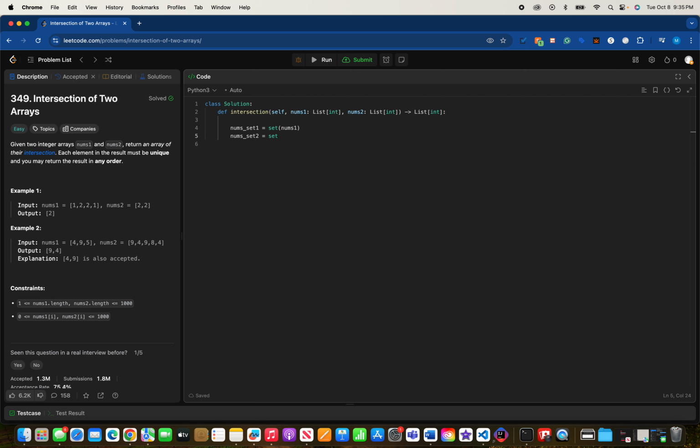And let's call this intersecting set equals to, we can do this, nums1, nums set 1, and nums set 2, or we can also do this